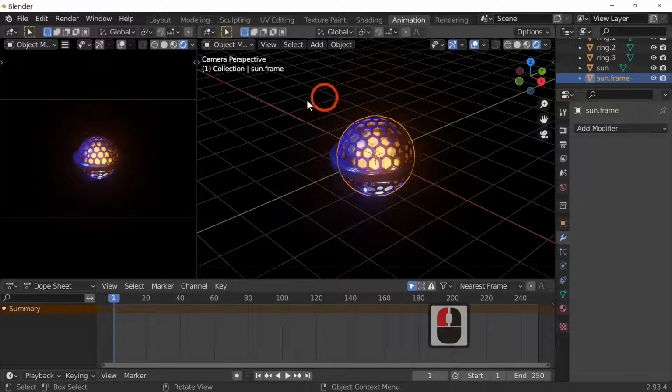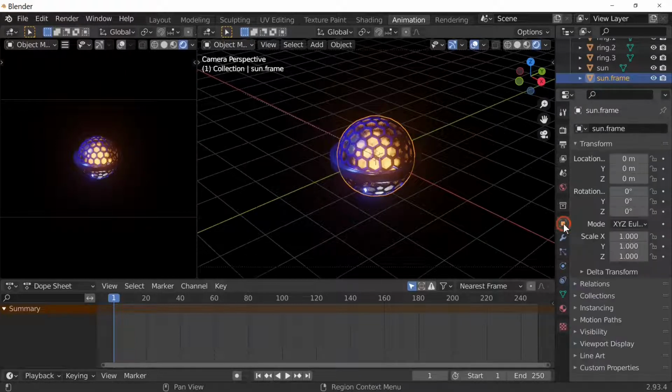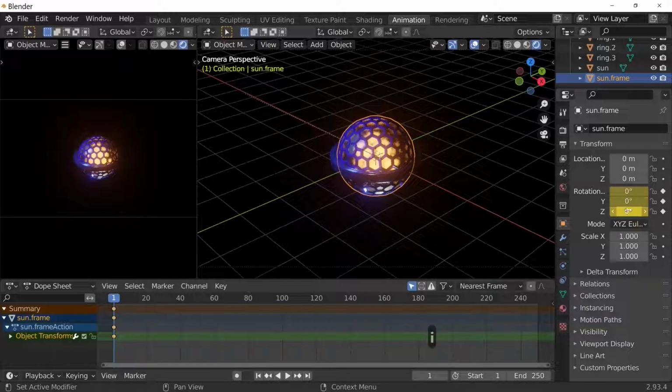So first of all, I want this to actually turn round like that. So what we do is we actually go into object properties. We're actually going to turn this on the Z direction. So what I'm going to do is go to the first frame, press the I key, which will actually insert a keyframe. You see these little dots here, and then if we press shift and right click,